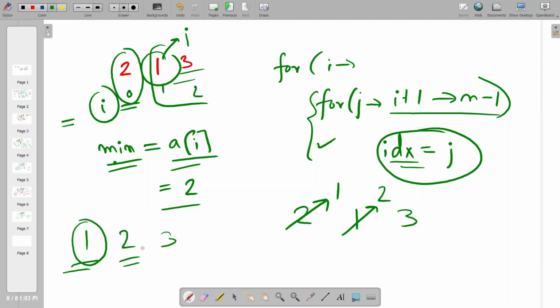If I go to 2, then this should be the minimum for any subarray that begins with this and goes up to the end. So if I take a subarray from 2 and go up to the end, then 2 should be the minimum if it is sorted in ascending order. The fact that I am getting another element which is smaller than the minimum tells me that the array is not sorted. So that's why there is a need to swap.